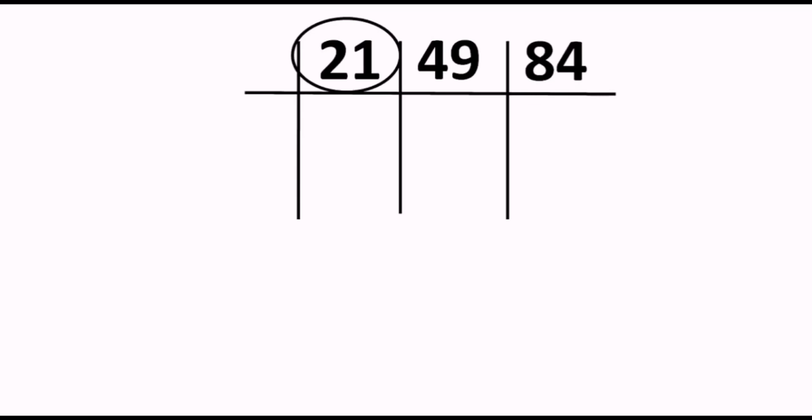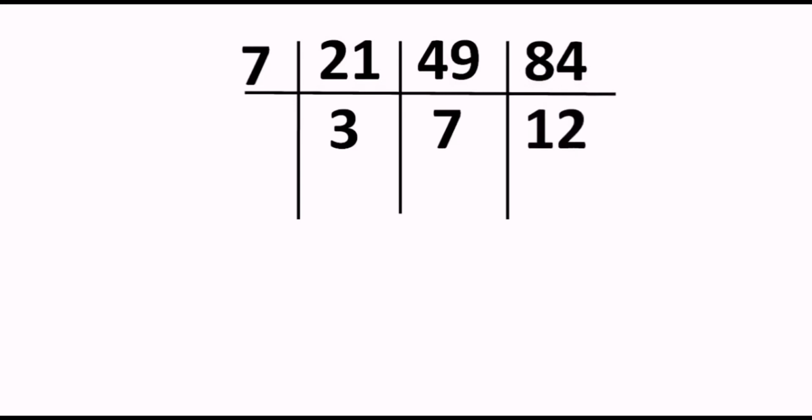So yes, of course, 21 is divisible by 7, that gives you the answer 3. 49 is also divisible by 7, seven 7s are 49, and when you divide 84 and you know the table, you will come to know that twelve 7s are 84. That means 7 is going to divide 84 also. That results in the answer 12. So when you divide 21 by 7, we get the answer 3. 49 divided by 7, the answer is 7 itself, and 84 divided by 7, we get the answer 12, right?